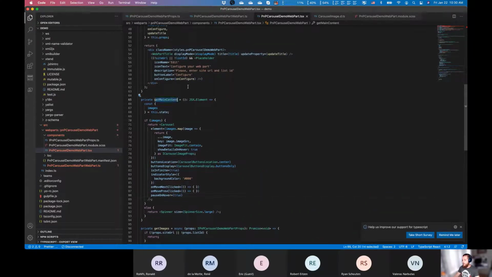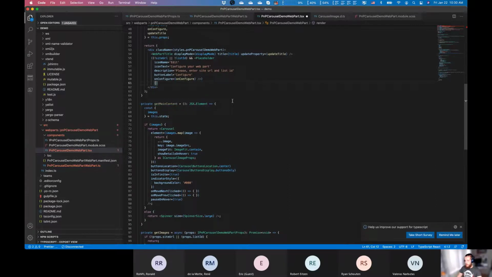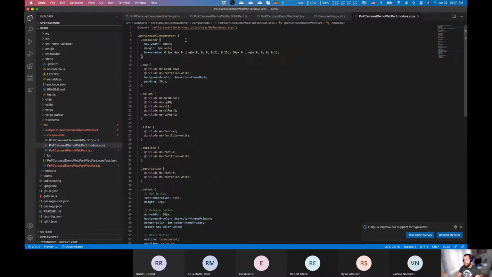Okay, and now we can use this getMainContent in our render method if both siteUrl and listId are defined. In that case, we are rendering our main content, and I need to add this in here. Okay. And the last thing we need to do, we need to change our CSS styles a little bit,